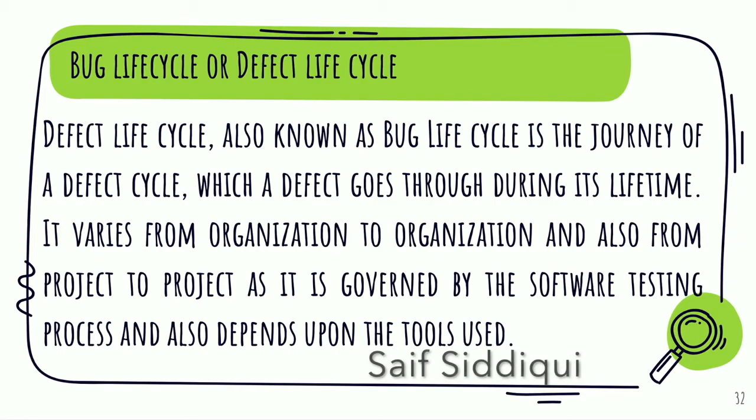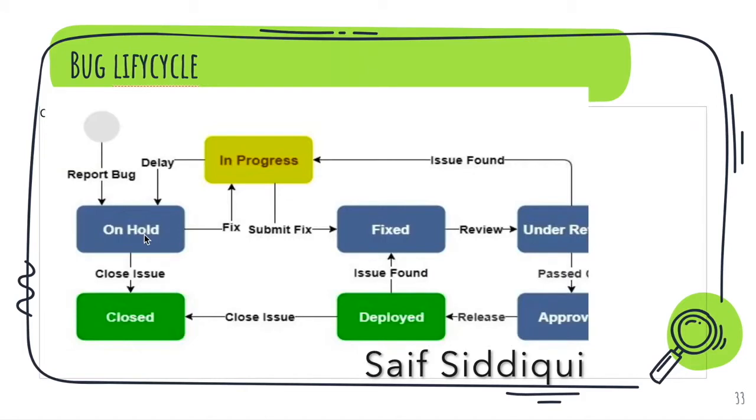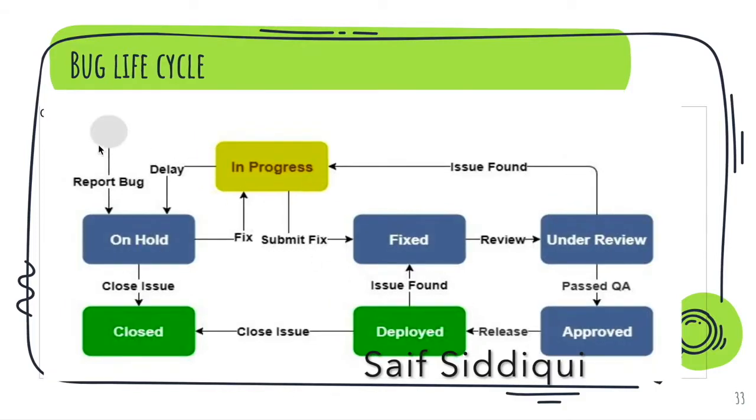Overall, as the name suggests, the bug life cycle or defect life cycle is the whole process of what we do with a bug once it is discovered, and at the end whether it is going to get resolved or not. There are different processes which need to be followed in order to close that bug. A bug can also be closed if it is out of requirement, or if it is not causing any harm to the application under test.